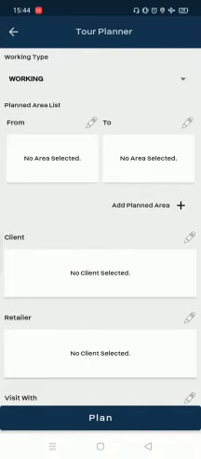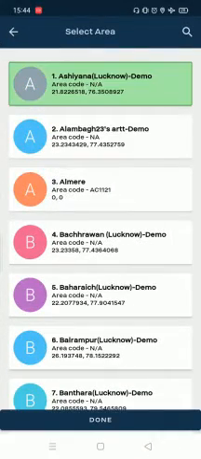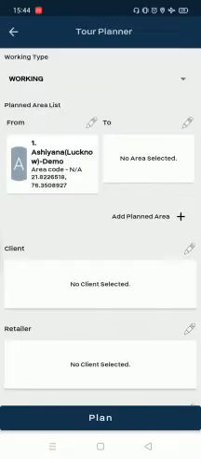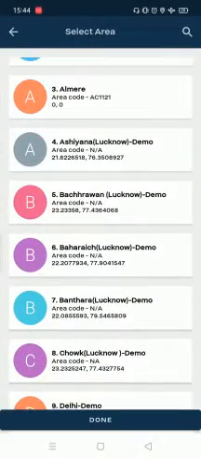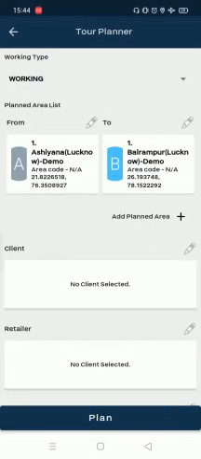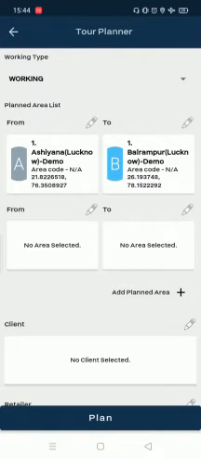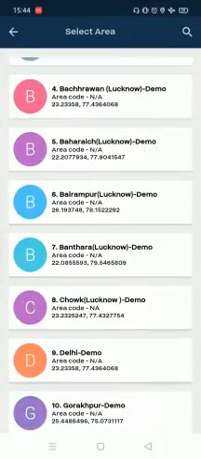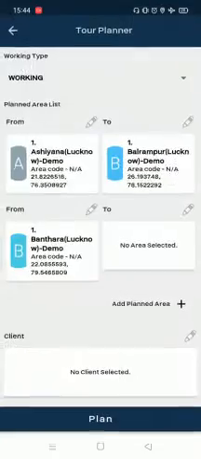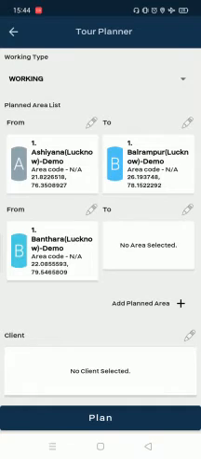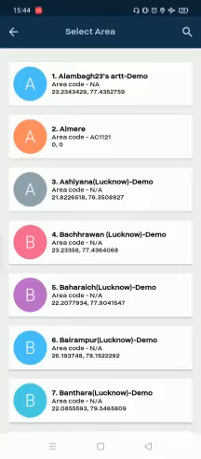In the from area you need to click on this pencil icon, select the from area, click on done. Then in the to area again click on this pencil icon, select the area, click on done. Now you can add multiple areas by clicking on add planned area, this plus icon. Again go to this pencil icon, select the area, click on done. If you're coming back to the first place, go to area, go to this pencil icon, select the area,